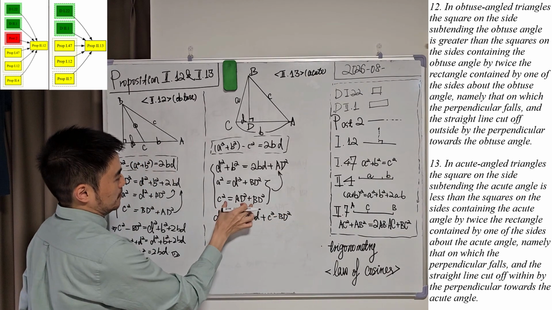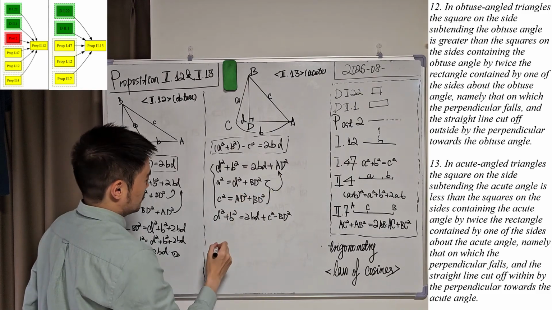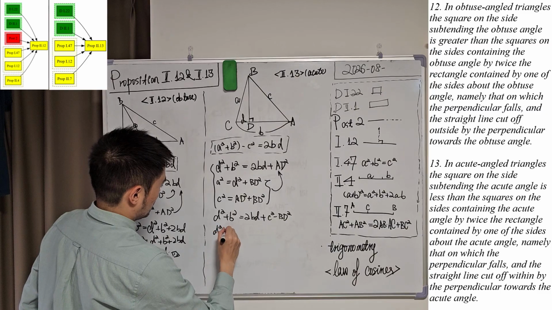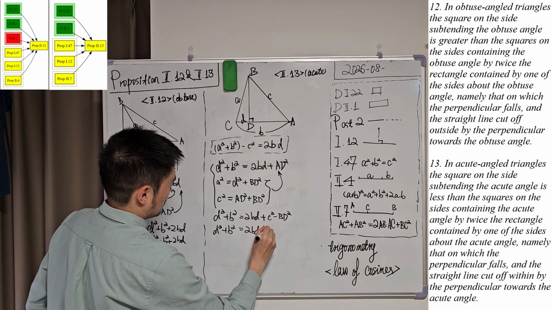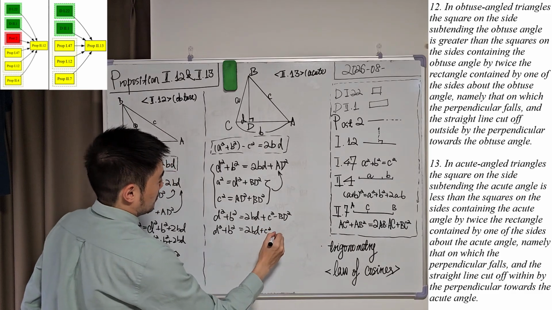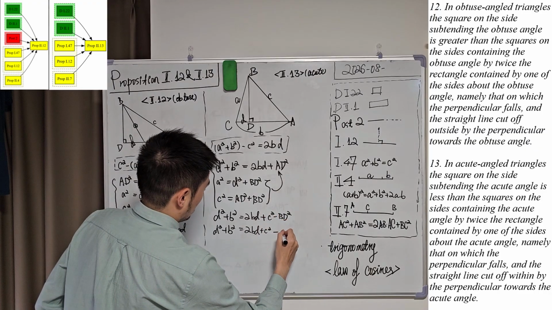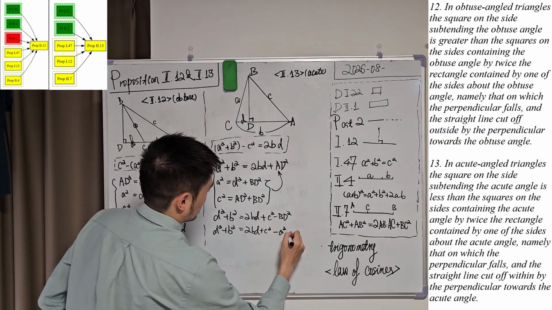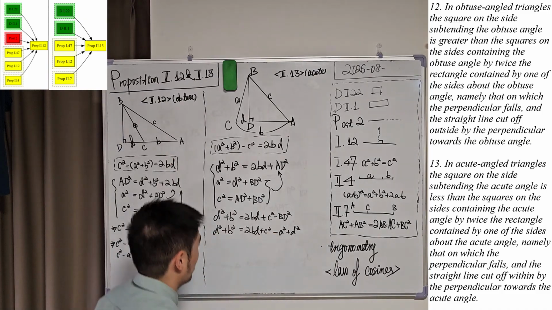correct? Because we plug this here. And then let's plug in BD square here. So we have the left side is equal to minus BD square will be A square plus D square. And if we simplify this equality, we will have that